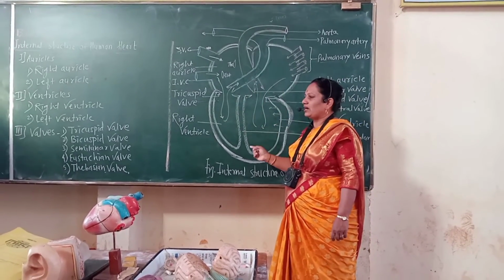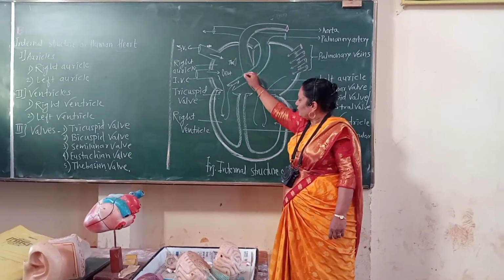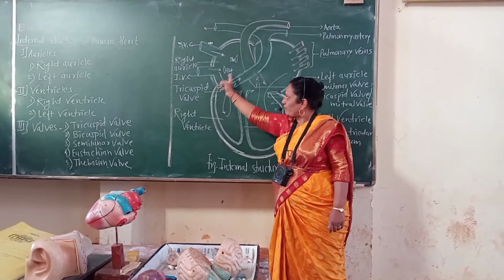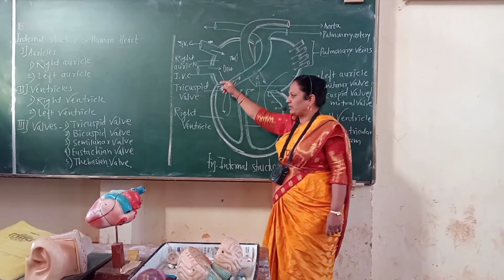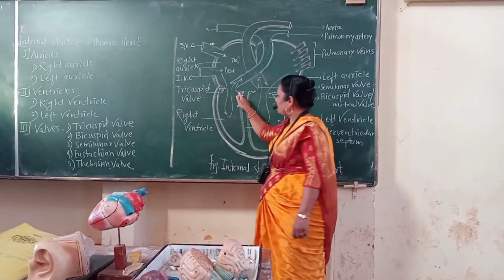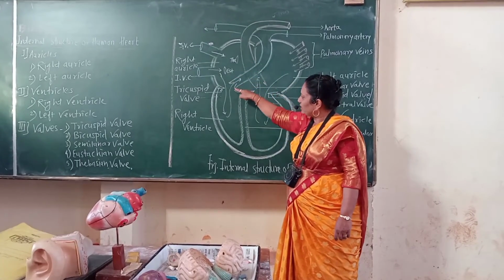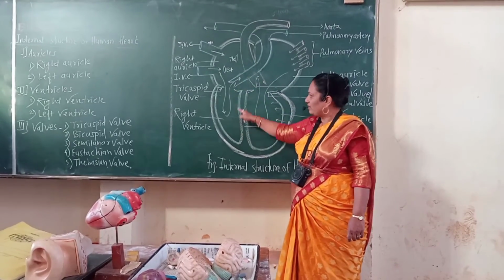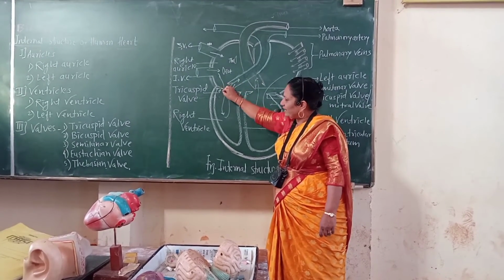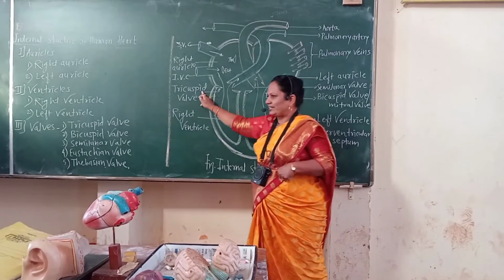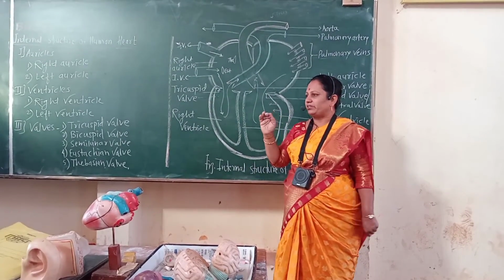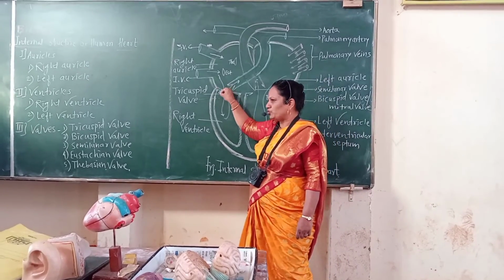Internally, the human heart consists of 3 types of main valves, and 2 types of valves are present in the wall of the right auricle. Here, the first type of valve is the tricuspid valve, present at the opening of right auricle and right ventricle. The right auricle and right ventricle junction is guarded by which type of valve? Tricuspid valve. 3 cusps are there, therefore it is called tricuspid, cusp-like structure, half moon shape.